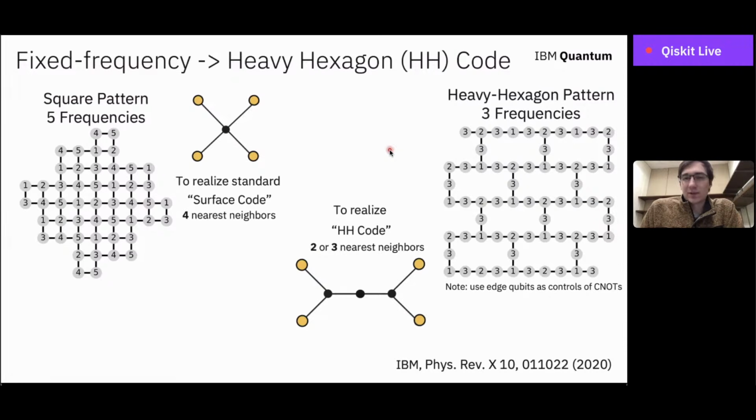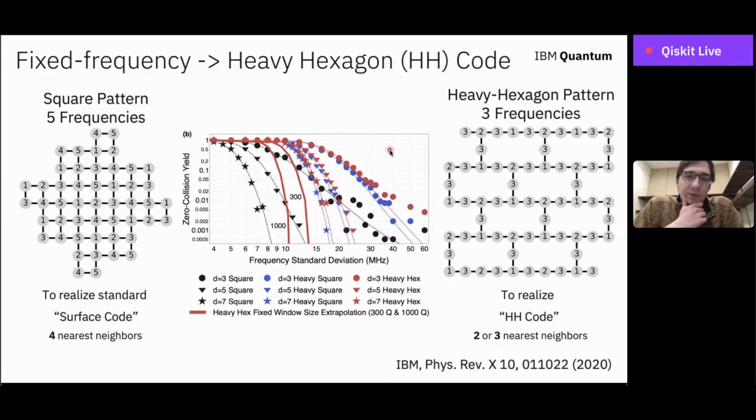And we can quantify this by looking at something called the yield. So when you actually fabricate the chip, there's some standard deviation in the frequencies of the qubits. Although you try to set them to some value, those deviate. So you can end up with frequency collisions anyway, even when you're trying to set the frequencies to the 1, 2, 3 values over here on the